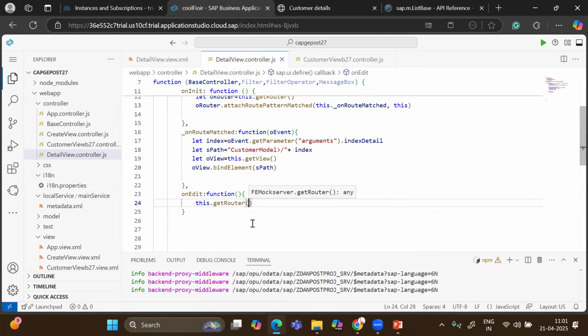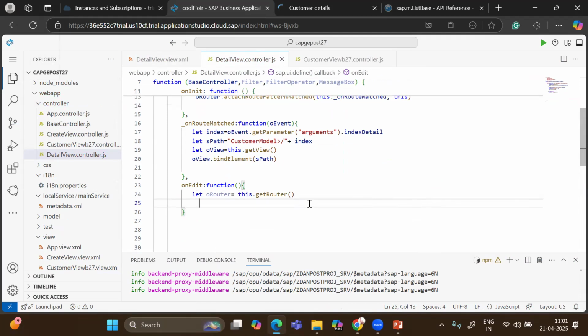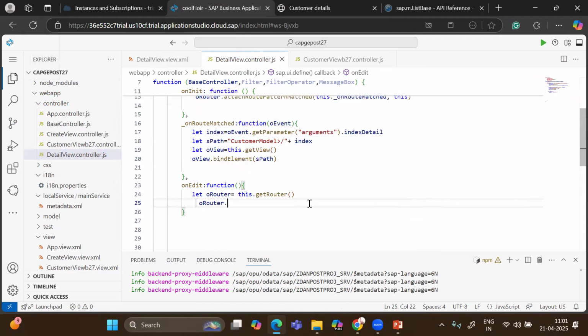And once we get the router, let o router equals this thing, and we'll say o router dot nav2, and nav2 where there is an update view, there we want to nav2. So we'll say route